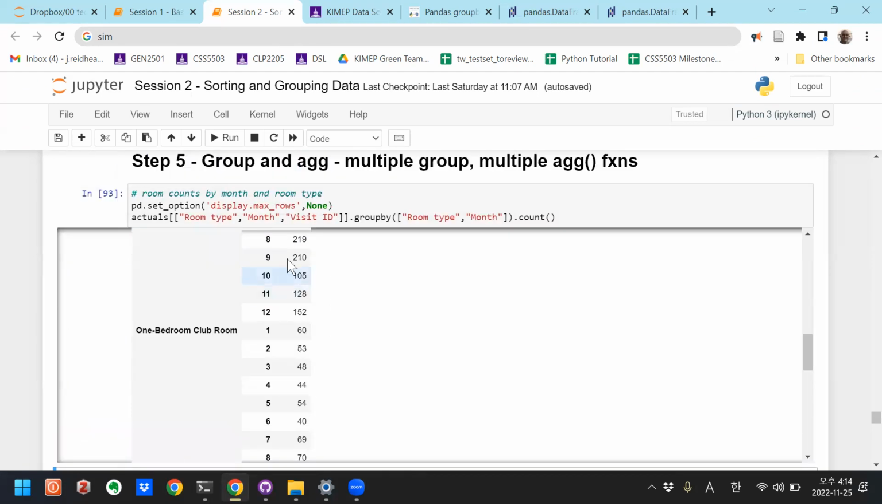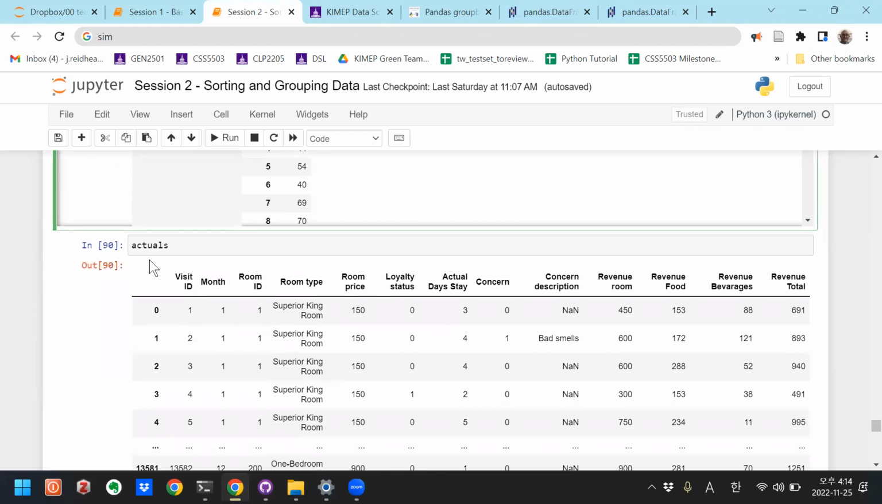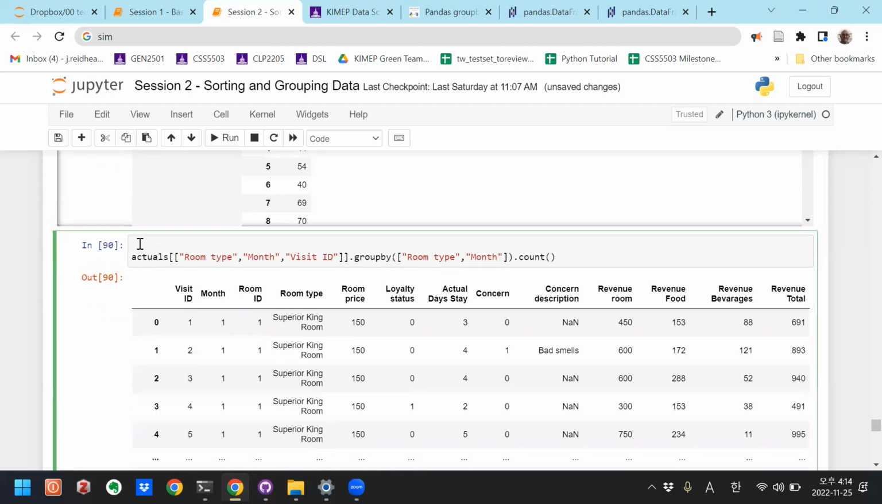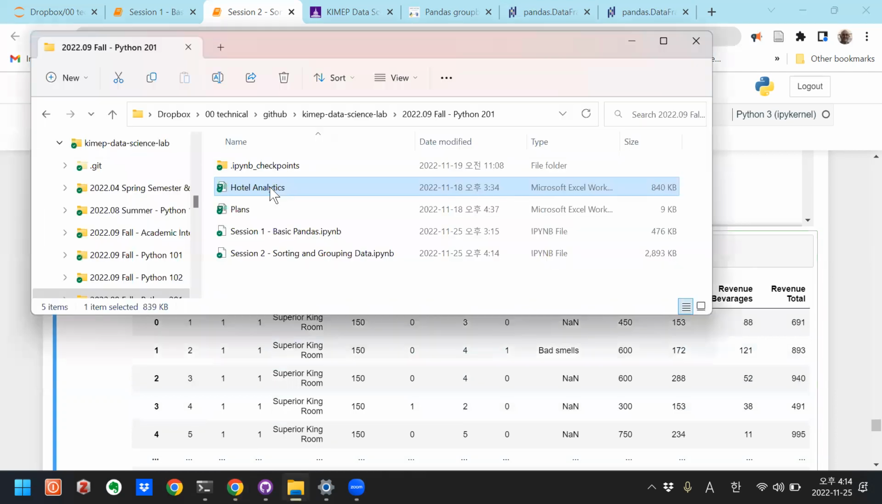What else might we want to do by month and room type? What are some other stats by month and room type? Let's start building up to the data set that we actually want. So remember,